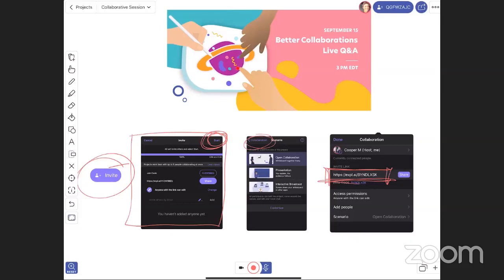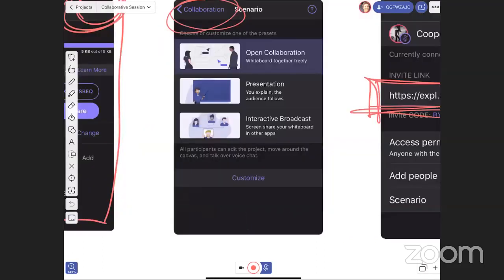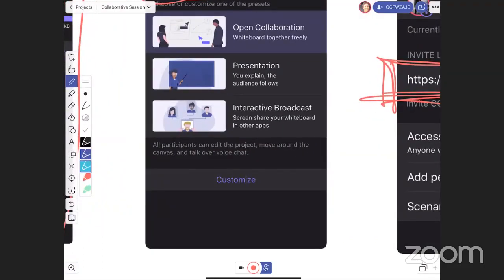Right, right. But you can overcome this limitation. If you are a teacher or a person that uses other conferencing solutions, you can as well share your screen in that conferencing solution. And so that's the scenario, right? Right, that's the interactive broadcast. So in order to overcome, let me just, yeah,